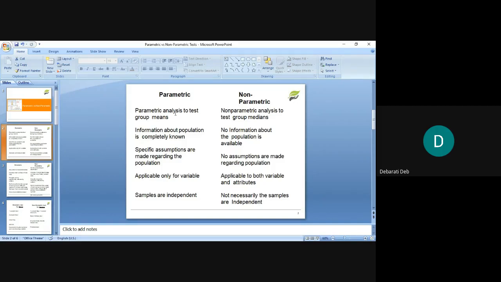Specific assumptions are made regarding the population. Now in this example of electronic item sellers, you can make some assumptions, right? It can happen that within the market of Siliguri, you go and visit one store and you see the items available in that store. Now you can assume that the nearby store, which is just located two shops away, will also keep similar types of items, because there is competition in the market.